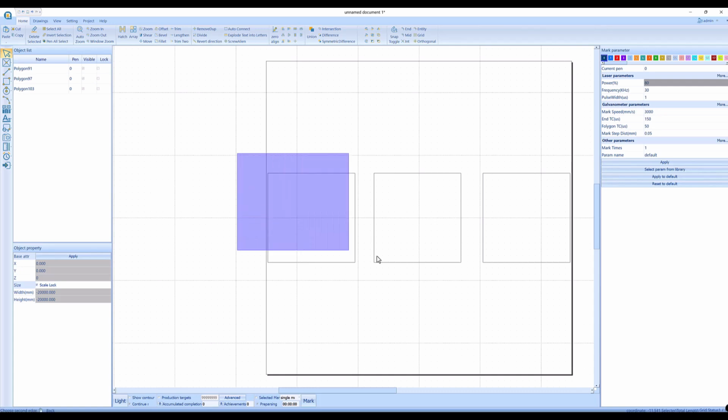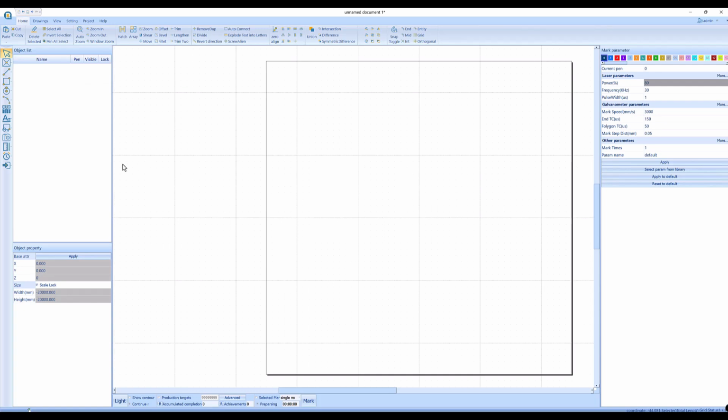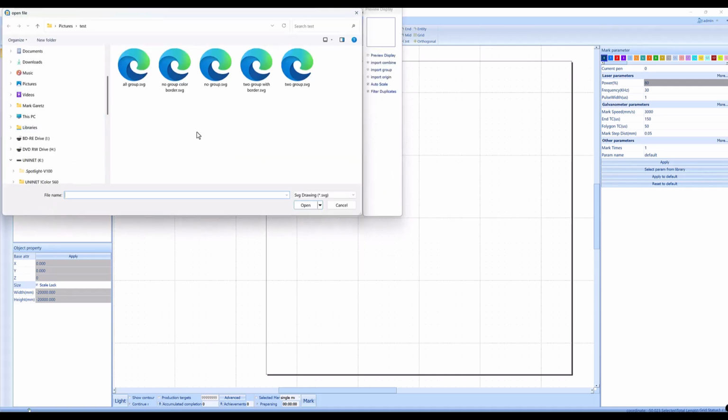So let me get rid of those. I'm going to select them all and press delete on the keyboard. And let's open up another one, because I want to show you what happens if they are colored in. Like you might want to pre-color your layers in the SVG file so it's easy to turn them into new pens once they're here. So here's the one where they're not grouped and they are colored, but they have a